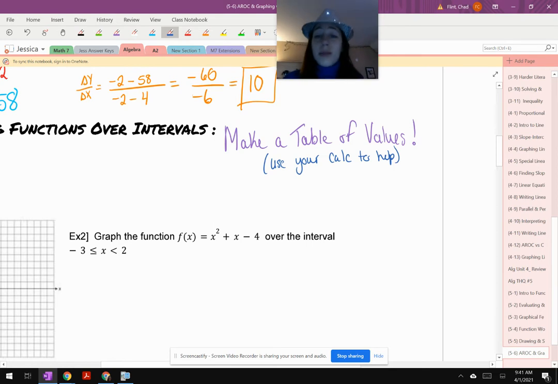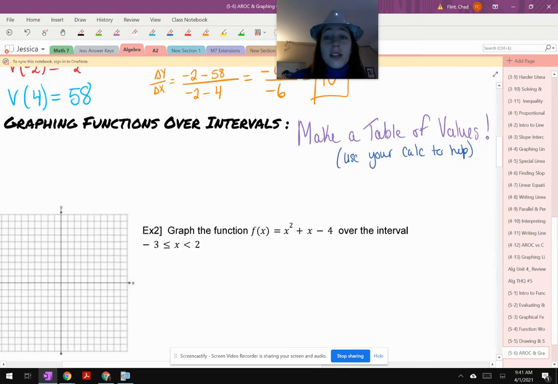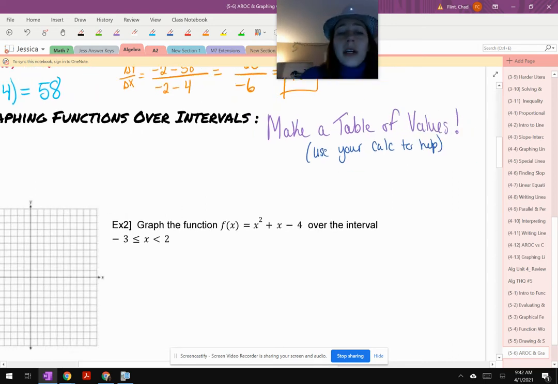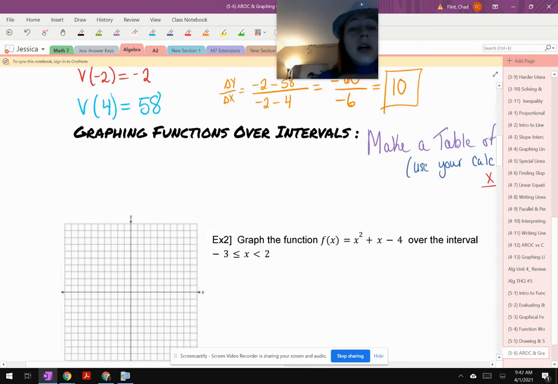Use your calculator to help, just like we did. Plug that function into the table or into the y equals and use the table to help you. And again, I'm just going to reiterate, table is an x comma y, and then you can plot those points. When we're talking about specific intervals,